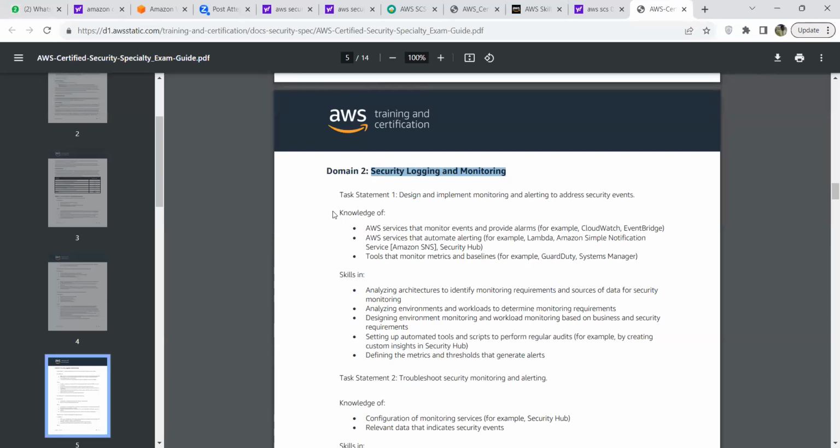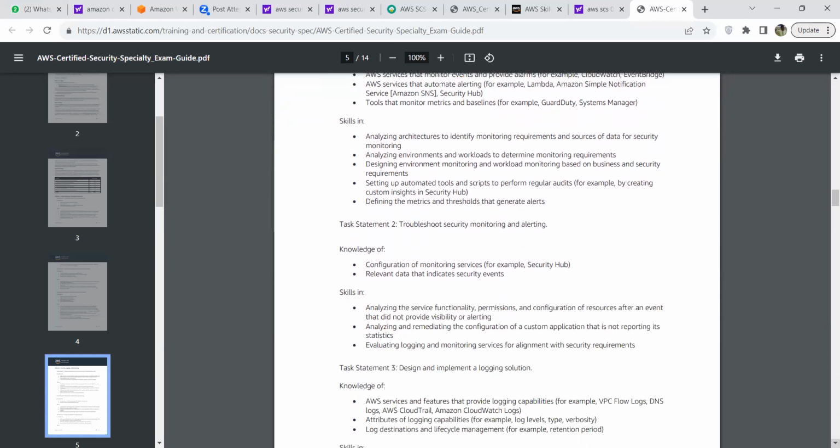So how to implement and design various monitoring solutions for the applications which are hosted in the AWS cloud, and how to monitor those applications for security issues. And once you monitor, whenever you identify any security alerts, how to address those security events. That is what this domain discusses. So here we have various cloud native security solutions,